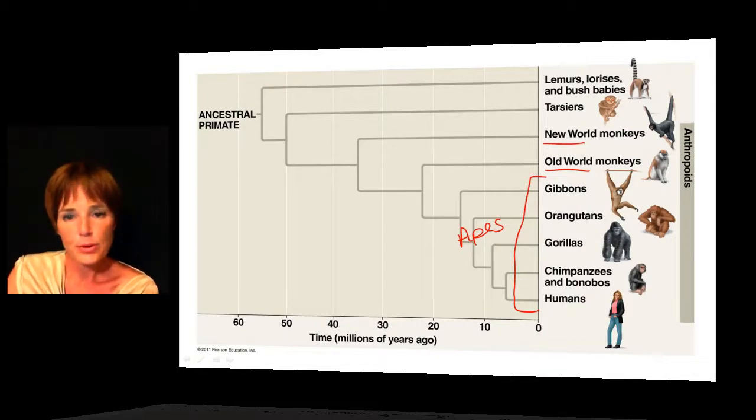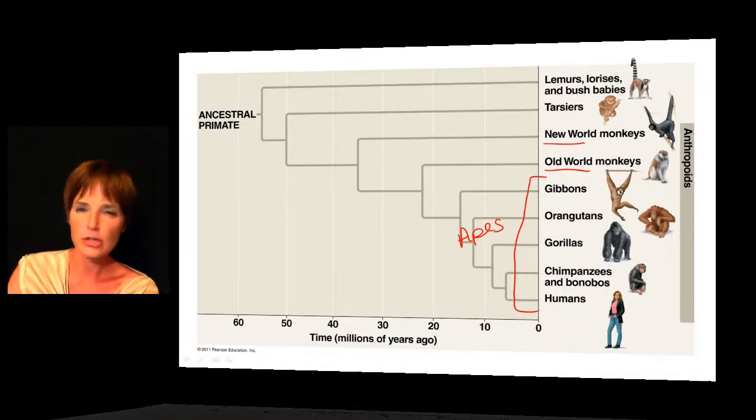For the ape group, all of those are going to have pretty much long arms and short legs, no tail. This is all with the exception of the gibbons. So the gibbons will exhibit some different characteristics compared to what we see in the other ape groups. As far as the ape group that is the most closely related to humans, that's going to be the chimpanzees and the bonobos. So from the ape group, we want to take a little bit of time to talk about